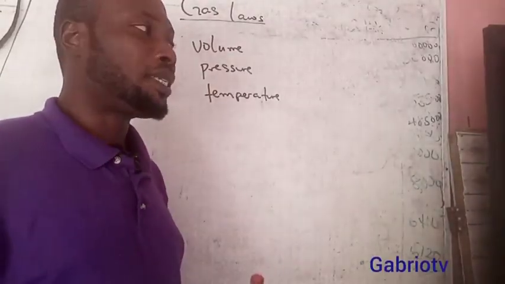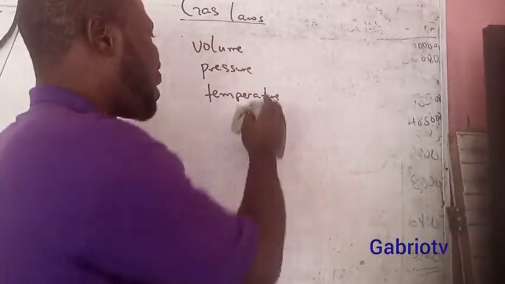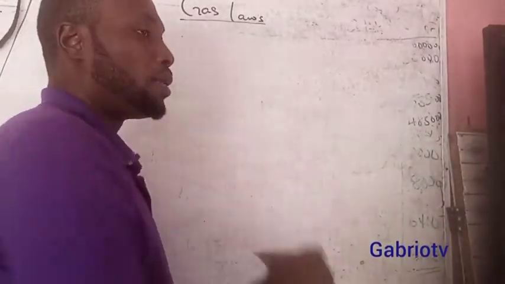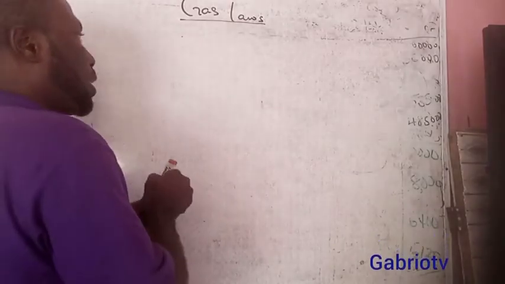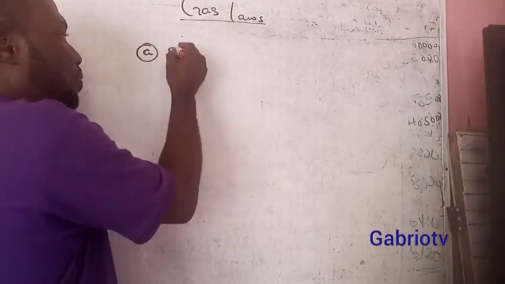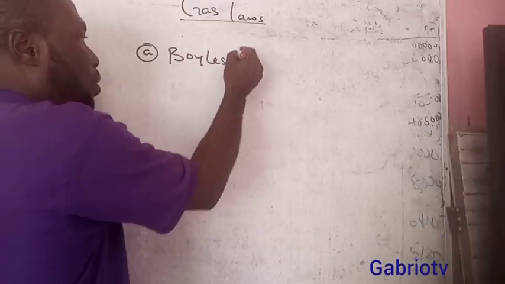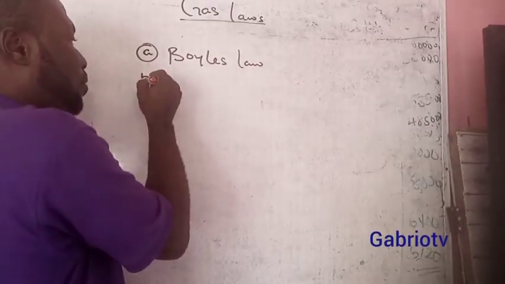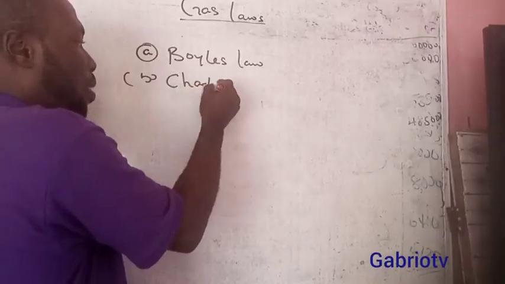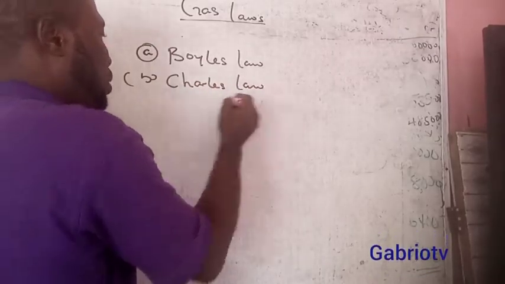And we have some scientists that have given some laws on the behavior of gases. The first one here is Boyle's law. Then we have Charles' law. Then we have